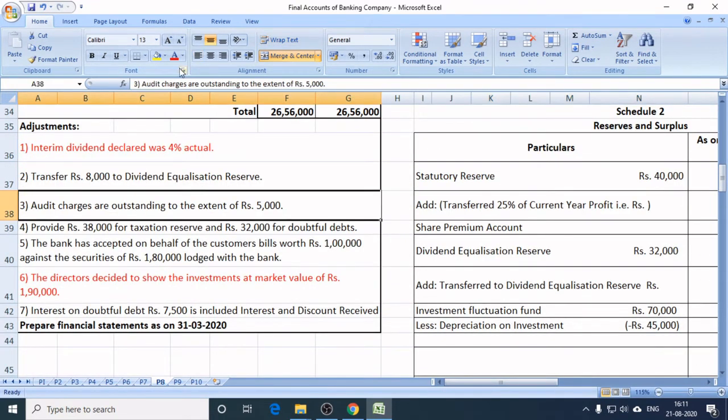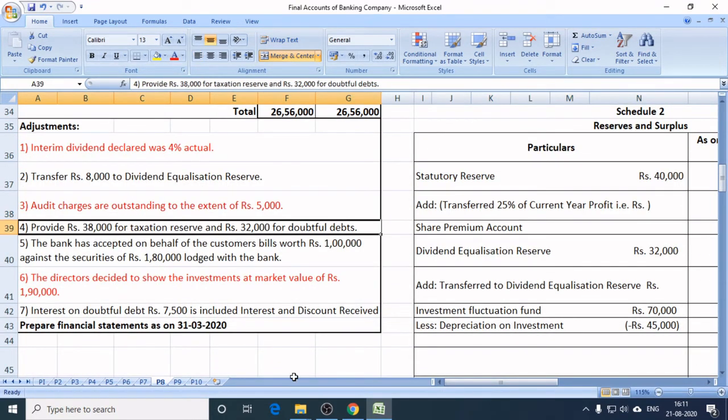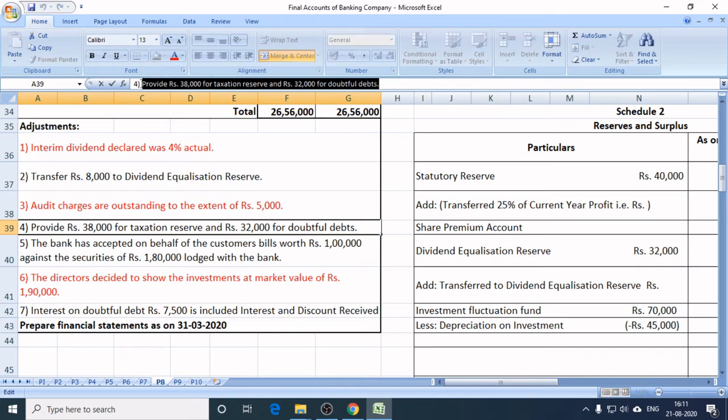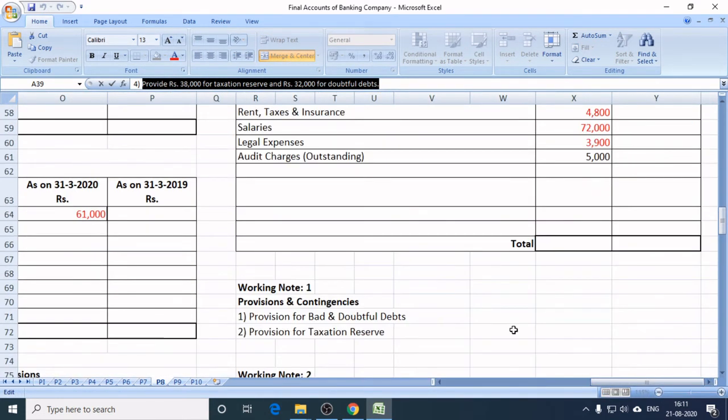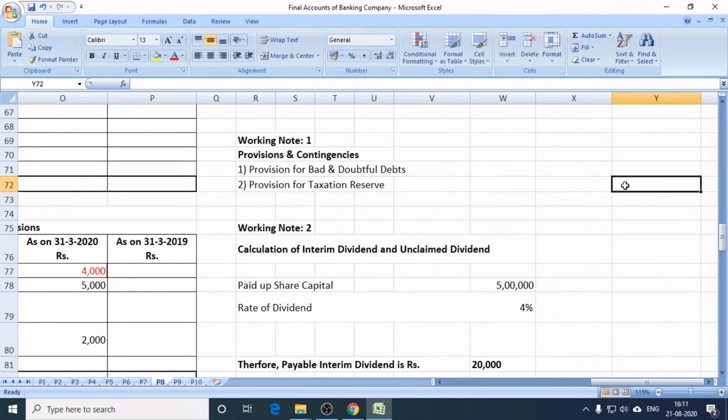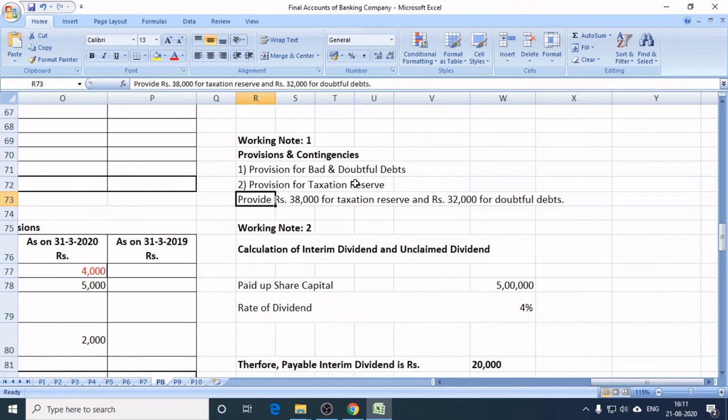Now we are done with this adjustment। Now the next is we have to make a provision for taxation reserve and doubtful debts। Okay, let's make the provision of it। Let's show it under provisions and contingencies first। Here we have to show both under provisions and contingencies। The provision made for bad and doubtful debt is rupees 32,000 and the provision made for taxation reserve is 38,000।